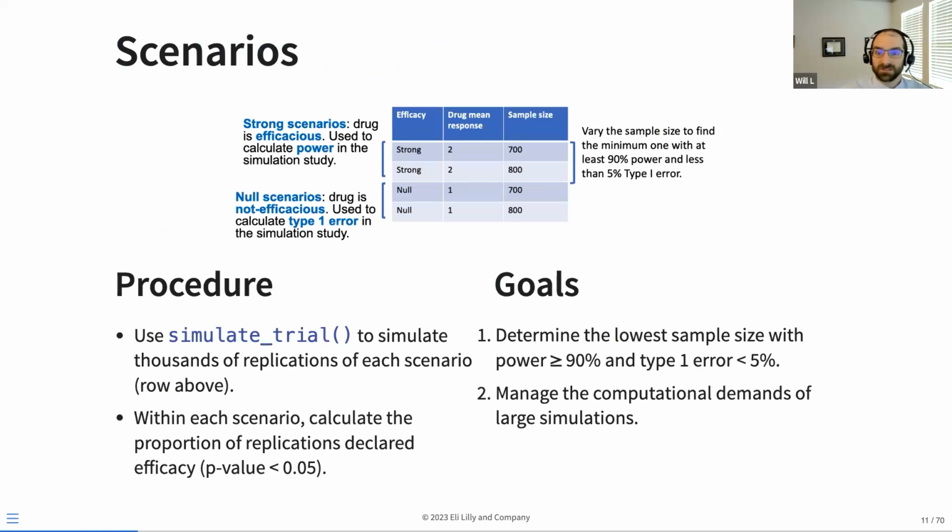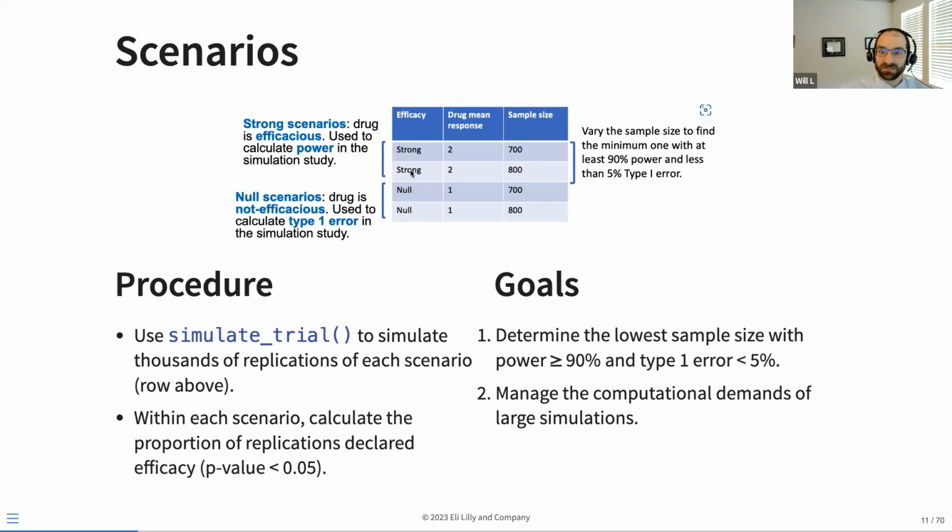And we're going to run this simulate trial function under a different set of scenarios. Usually this list is quite longer. There are different scenarios about the disease state or patient population or decision rules, and the strength of the drug and sample size for that matter that you'll want to be considering. For this, just to keep it at a nice simple level, just for the sake of this presentation, we have 4 different scenarios with 2 different sample sizes that we're going to test out, and 2 different scenarios about drug